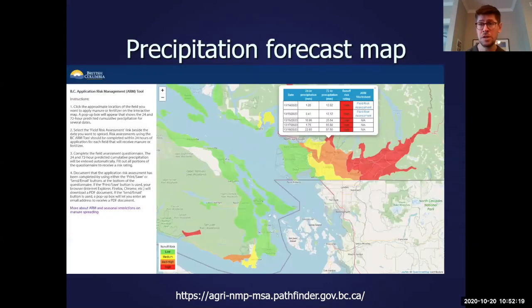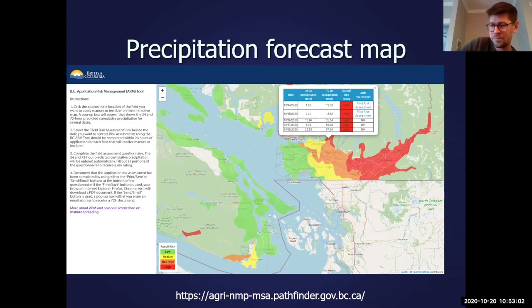So this is the front page of the BC ARM tool. And the idea here is that the initial precipitation contribution to runoff risk is color coded. As you can see on this map, this was an interesting day a little while ago, where we saw quite different outlooks for runoff risk due to precipitation across the region. The color coding is to drive back to some of those principles that Andy mentioned: we're trying to provide as simple a decision-making process as we can. So really, green means go, red means stop. If you see a lot of precipitation coming in the forecast, that should be an indication that you don't want to spread on the following day.